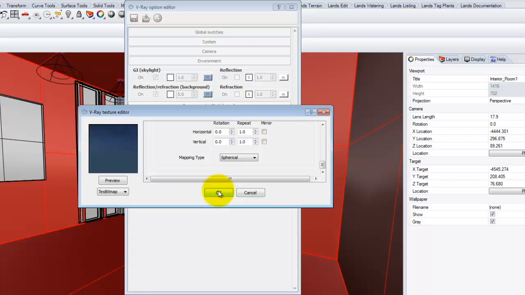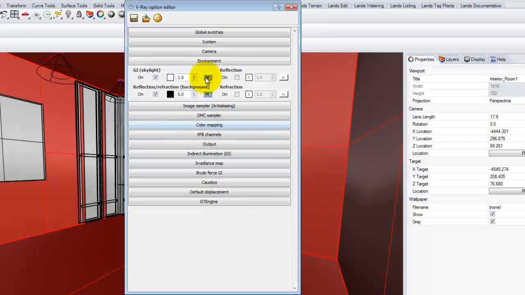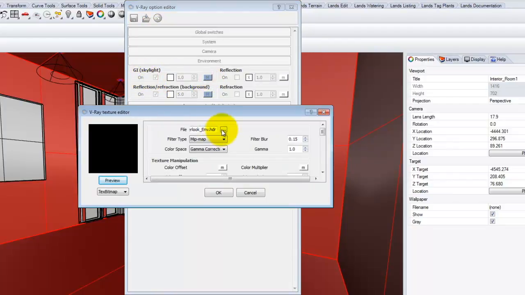It's probably too much to do for the interior, and it's probably too much to do for the exterior to have those little bit of shadows. We might as well just turn the sun off altogether. So I'm going to go ahead and just leave that and not worry about the rotation at all, and I'll say OK. And I'll make sure that I adjust the skylight background as well